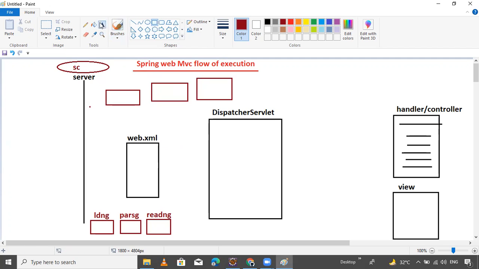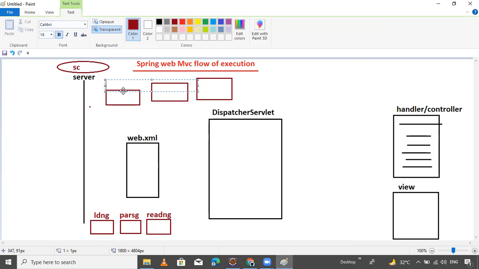Now the dispatcher servlet, DS, guys, observe.